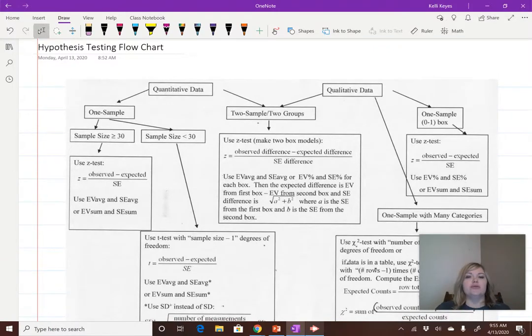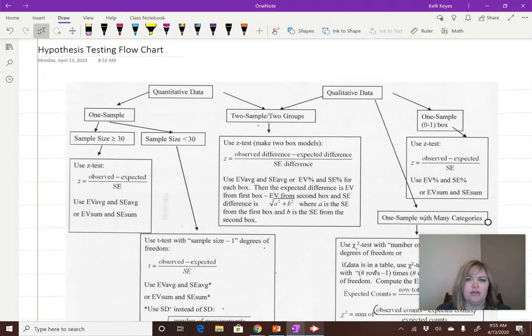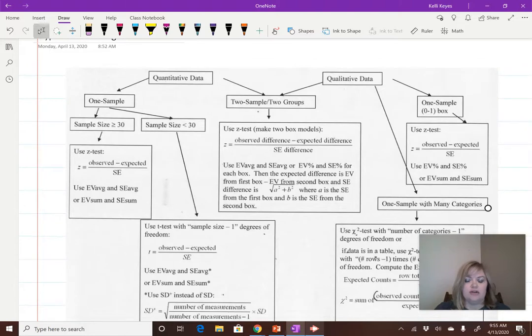how you know when to use what type of test, because now we've learned all of the 5 tests. The 5 tests that we learned in 1040, I'll probably write them below this. Anyway, hopefully you all got this flow chart. I put it in your folders either last week or the week before. Hopefully this will help you organize your information. And no, you can't use that on the final, but this should be a good